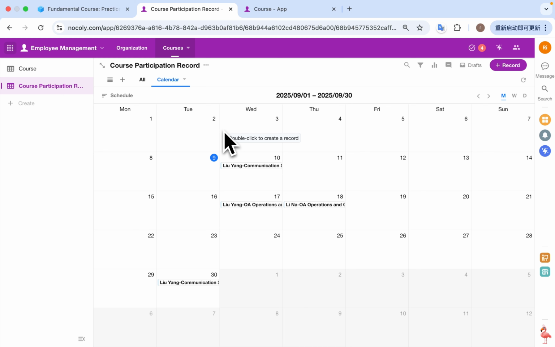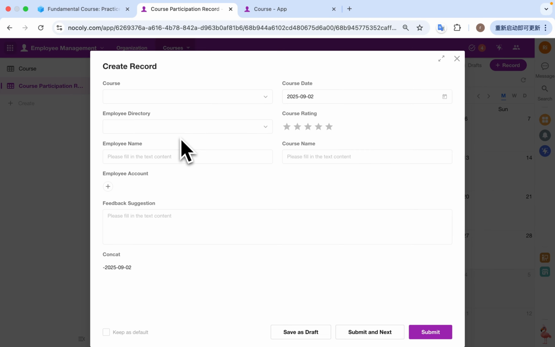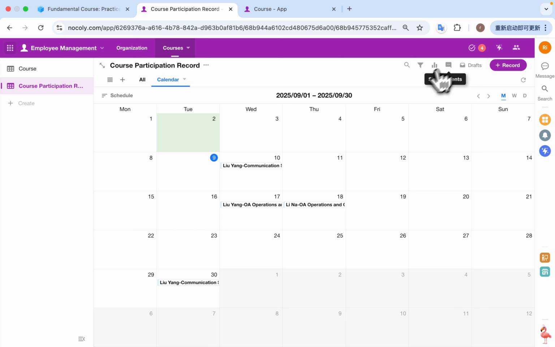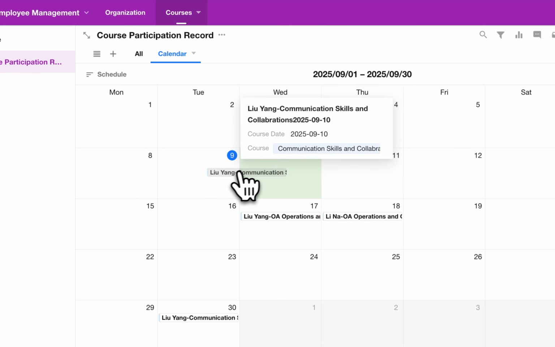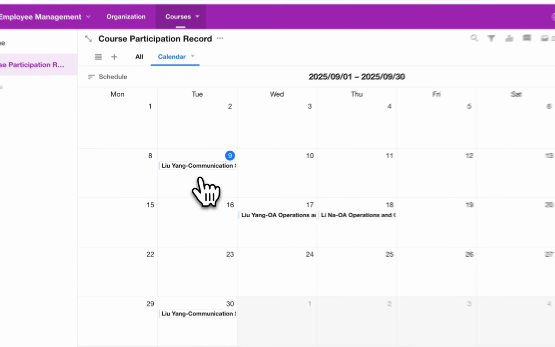Moreover, the calendar also provides many convenient interaction features. For example, HR can double-click on a date cell to create a course participation record. In addition, by selecting a record and dragging it to another date cell, HR can easily adjust the course date of a